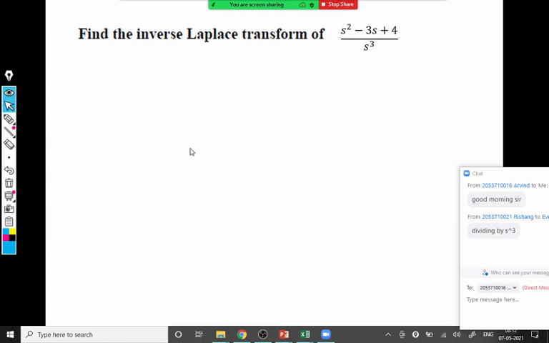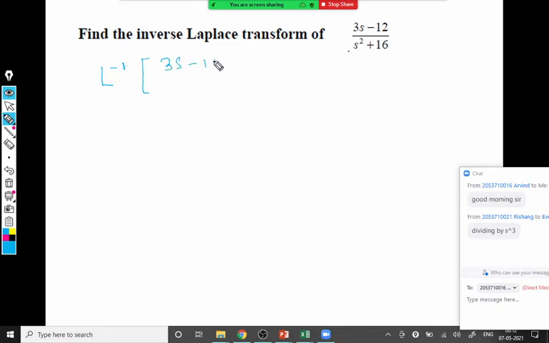So the next question is on the screen, and you should tell me the steps now. How to get the inverse Laplace? Our aim is to convert that function into the standard forms or standard functions. So we will separate each term, the numerator upon s square plus 16, by separate division, we can say.